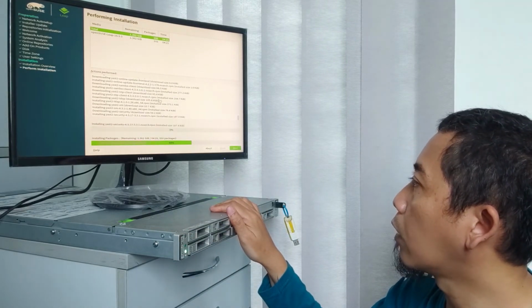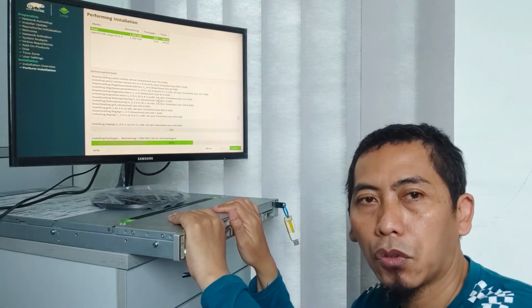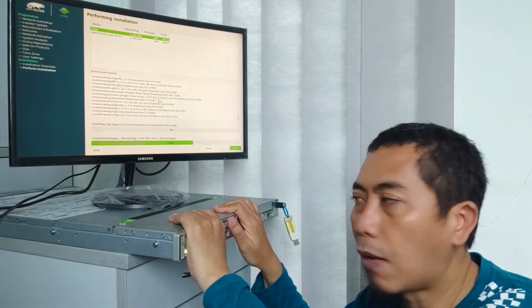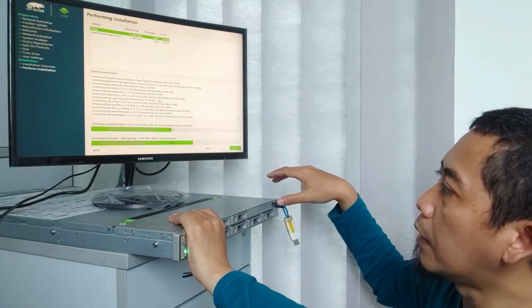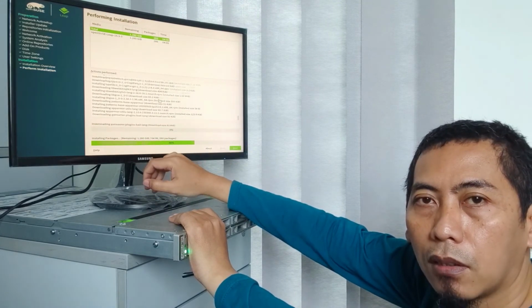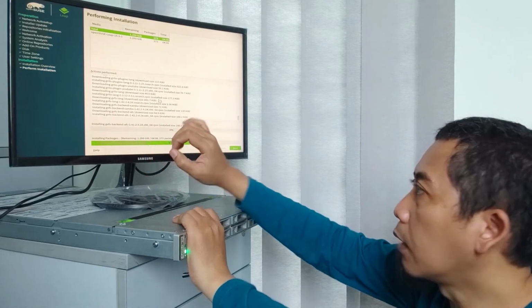It's still in progress. Sorry for the delay, but I will also show you how long it takes to install all the applications using a flash disk. It's already 300 packages, almost done, and now already 200.